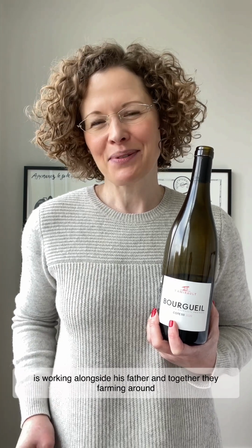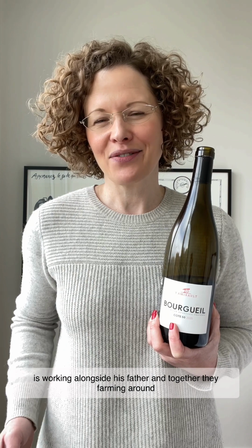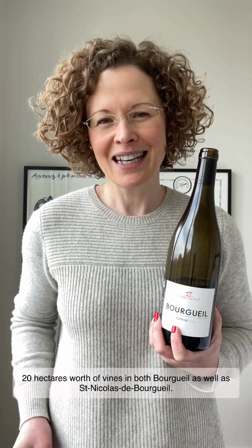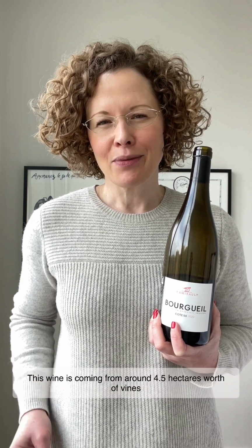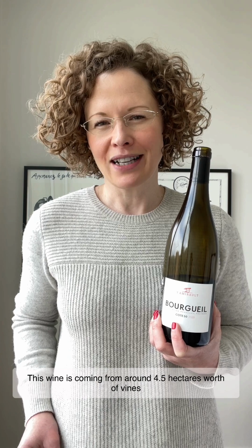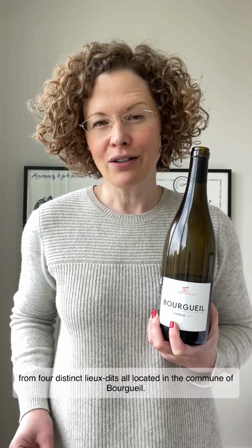The estate was established in 1977 by Yannick, and today Benoît, Yannick's son, is working alongside his father, and together they're farming around 20 hectares worth of vines in both Bourgueil as well as St-Nicolas-de-Bourgueil. So today we're going to look at their Côte 50. This wine is coming from around 4.5 hectares worth of vines from 4 distinct lieux-dits, all located in the commune